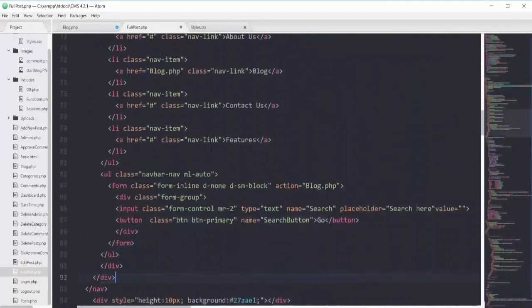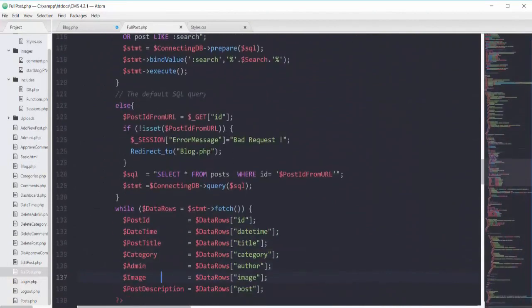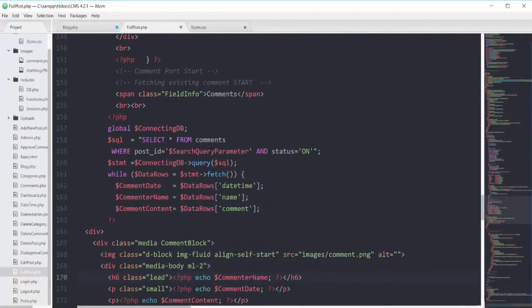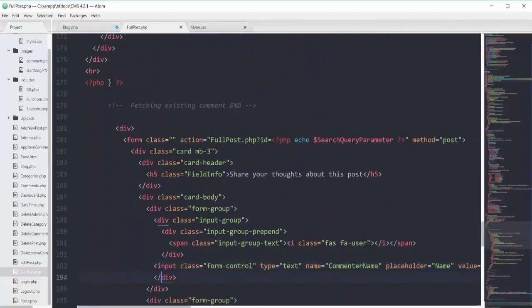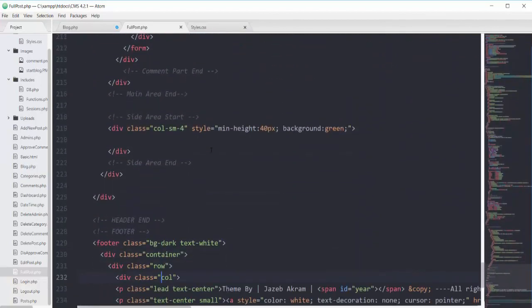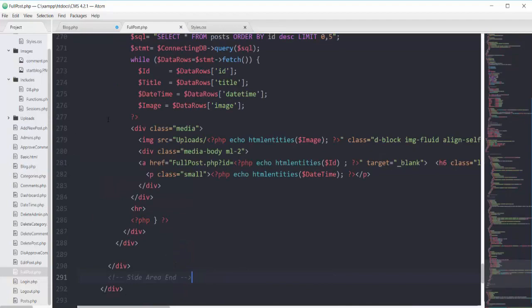Going to the side area. So here is our side area. Now I'm gonna paste that copied code here. So if I save this one, full post.php,